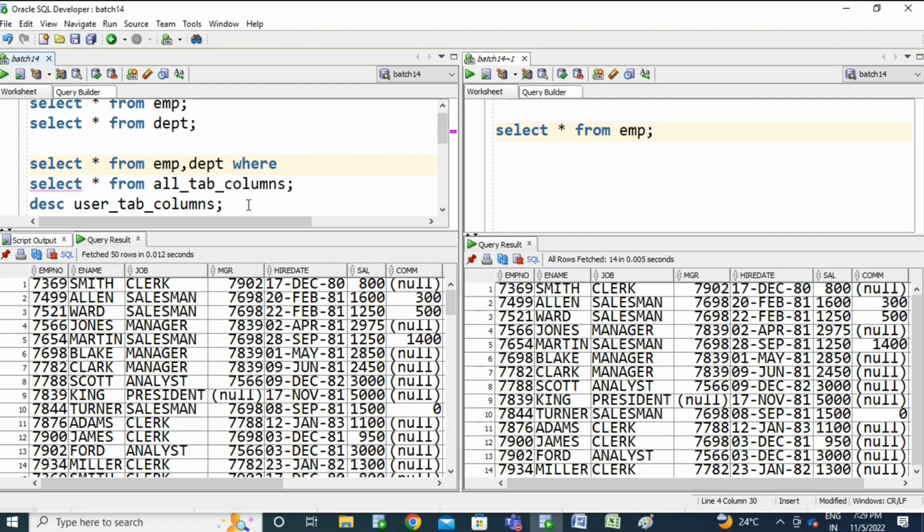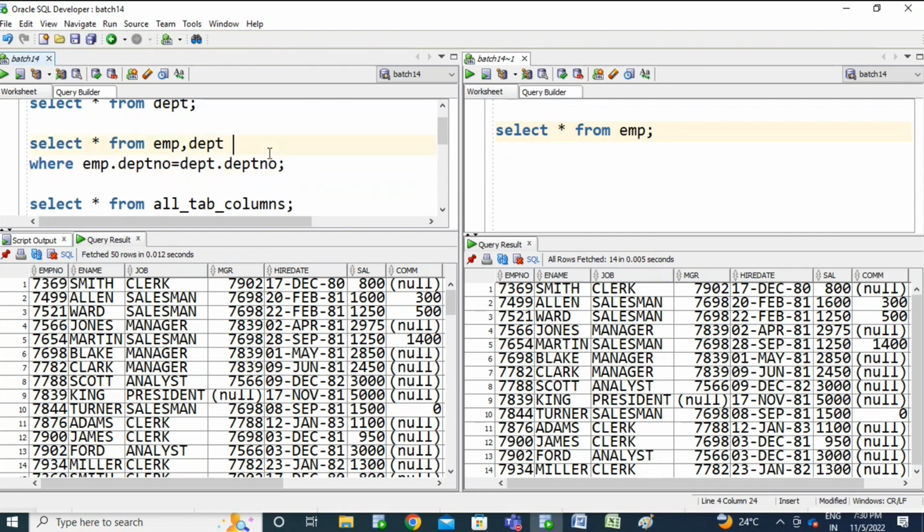Okay. So now I'm trying to retrieve the data. So EMP dot DEPT number equals DEPT dot DEPT number. So now I mentioned the condition here. Now I'm trying to check the condition while displaying the 14 records.